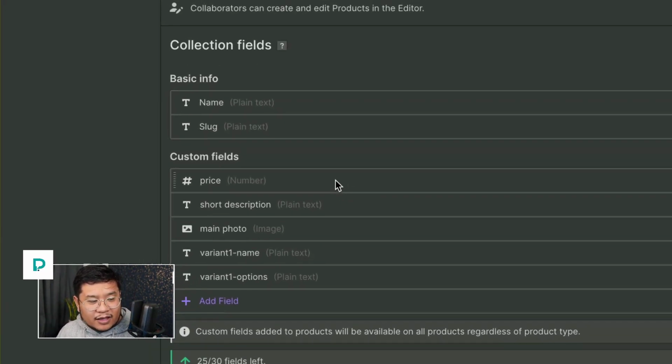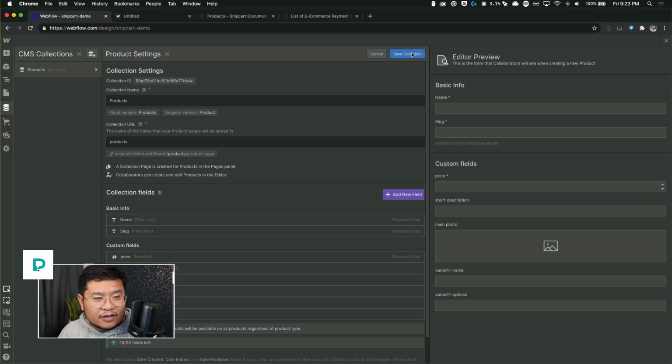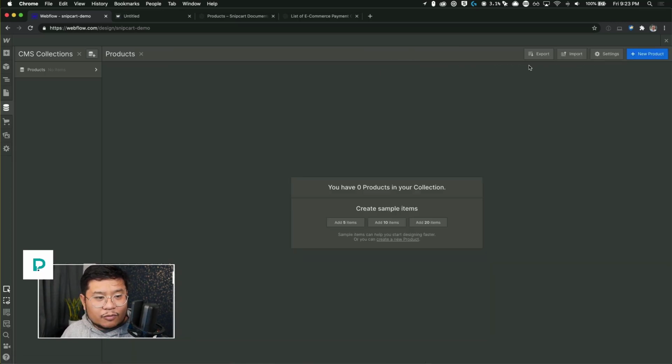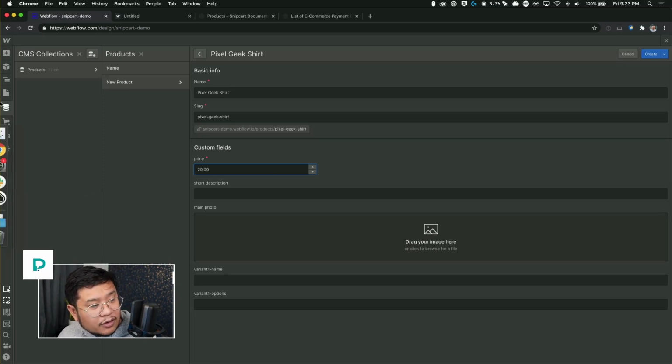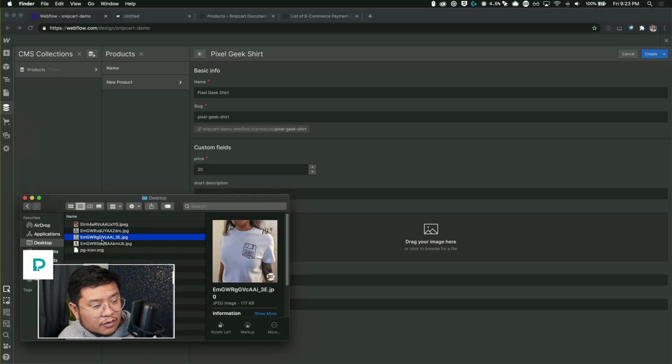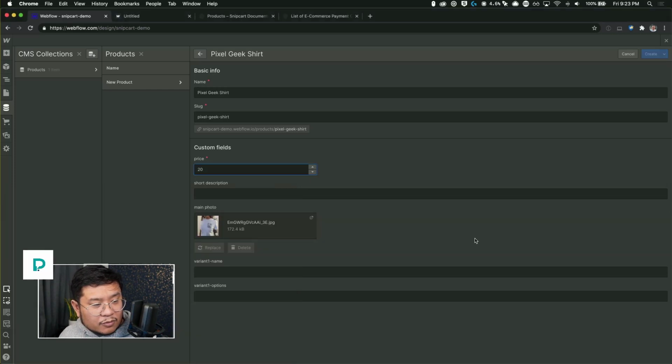But let's go ahead and save collection, add a new product, and we'll call it Pixel Geek Shirt. Price $20. And let's put in the image. Okay. Put an image. There we go. Short description. The very first Pixel Geek Shirt. Create.